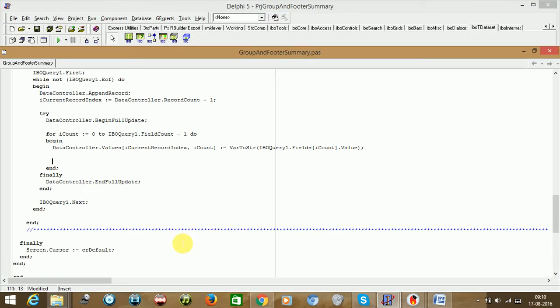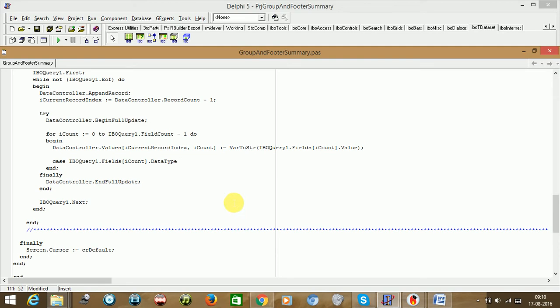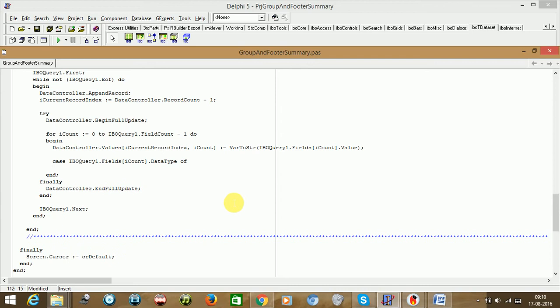So how we'll be doing it, we'll be writing here one case statement and just saying that if the particular column's data type is of, say for example, ft integer, because in the data set it is always ft integer for integer, because it is derived from TDataSet of Delphi.